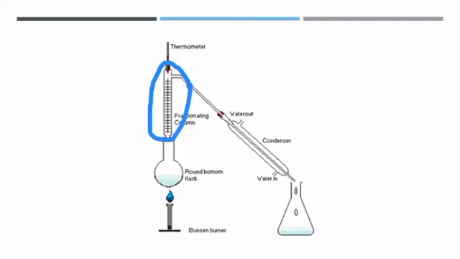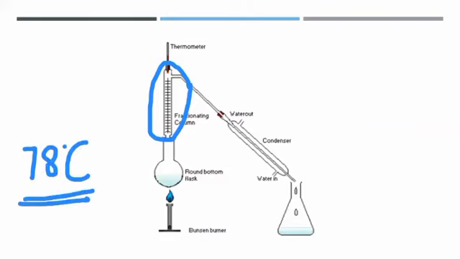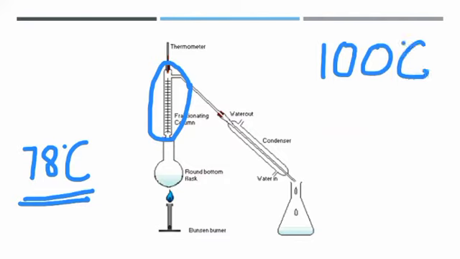Some of you might get confused if in your exam there are glass beads instead of these metal slab kind of structures. In the fractionating column, it's the same thing, and they both are used to separate the mixtures completely. Now, what do I mean by that? In your exam, you will write that the fractionating column is separating the two liquids completely, but what actually happens is that during the evaporation of alcohol at 78 degrees Celsius, some of the water vapors may start evaporating as well. Those will be half condensed vapors because the proper boiling point for water is 100 degrees Celsius. So they're going to condense once again on the fractionating column, and fall back into the liquid. That's why we use it.